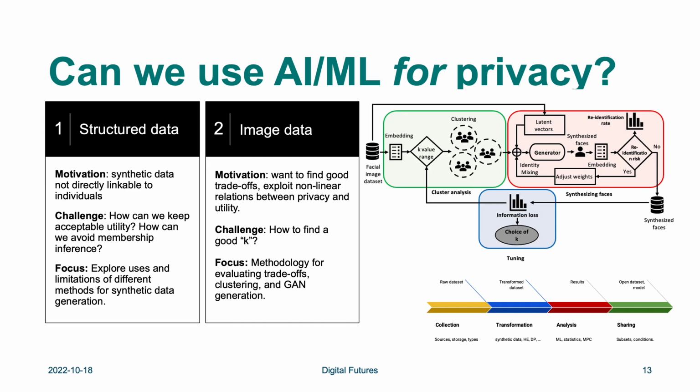The way we go about this is to create synthetic faces from a set of the original data faces, and this synthetic face then represents a whole cluster of faces, and we can tune the size of this cluster to give us different values of what is called k-anonymity, which means that one is indistinguishable from others in a set